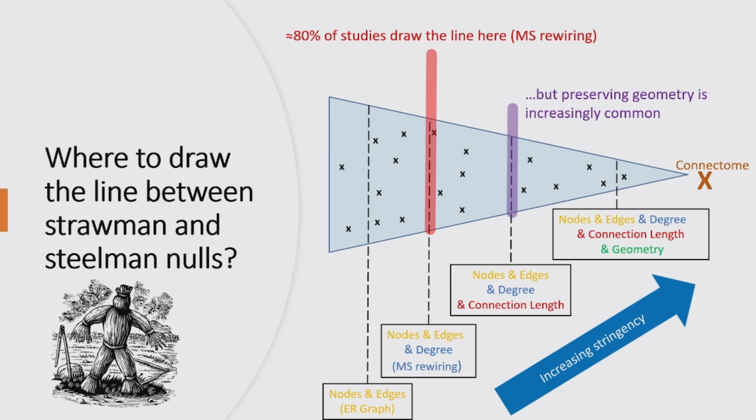Look, I think it really depends on what you're wanting to test. If your question is really about geometry, you're wanting to understand how geometry affects or impacts your measure, then of course building in geometric aspects and taking into account the spatial embedding of your network is critical, right? But if the question you're asking doesn't have a geometric focus, then building that into your null might not be as important. My recommendation would be to consider a family of nulls and build in greater and greater structural properties into that until you can't reject